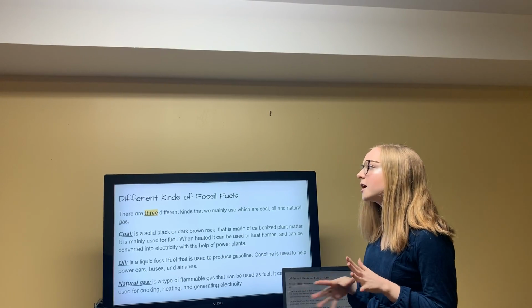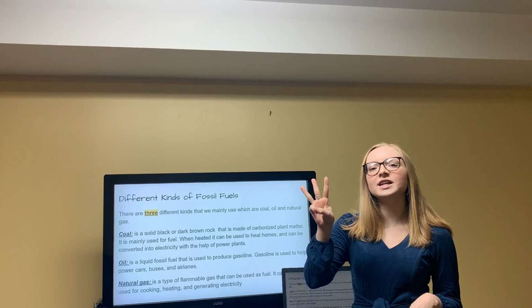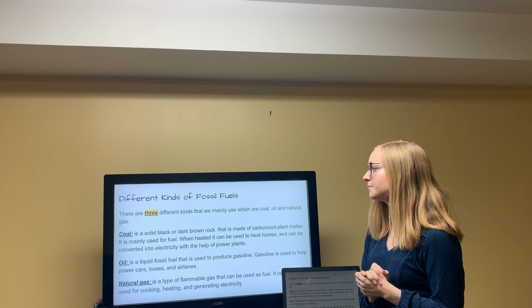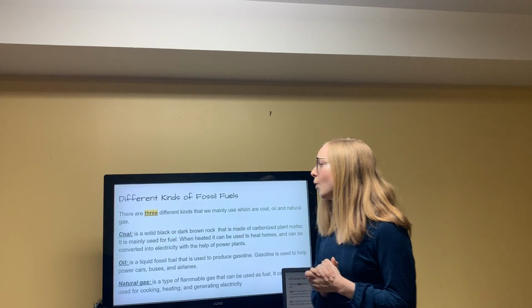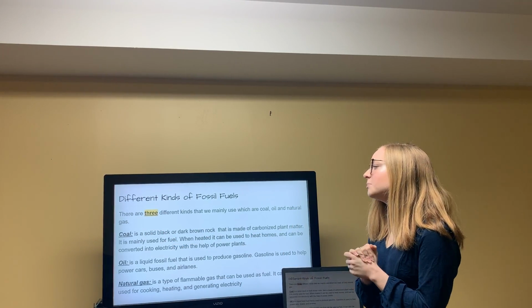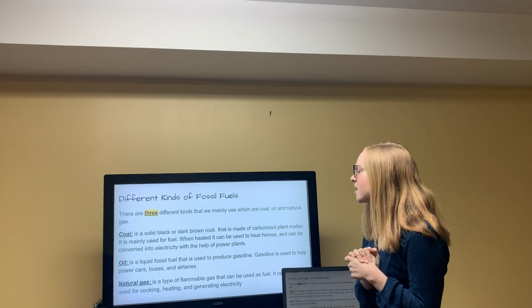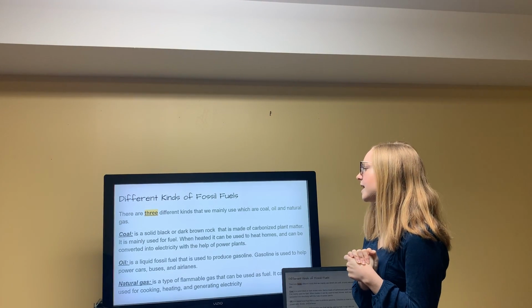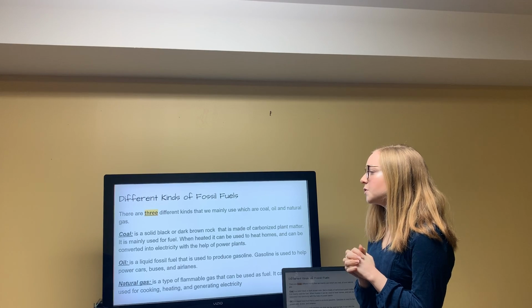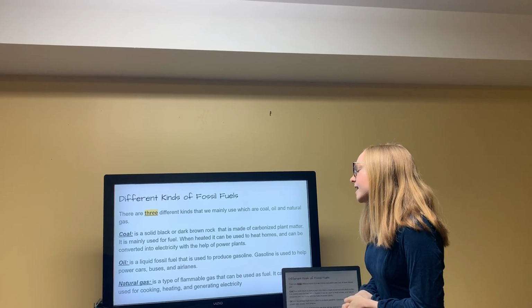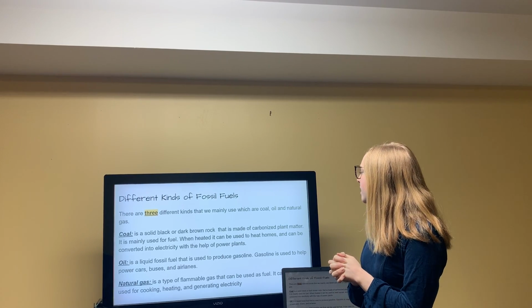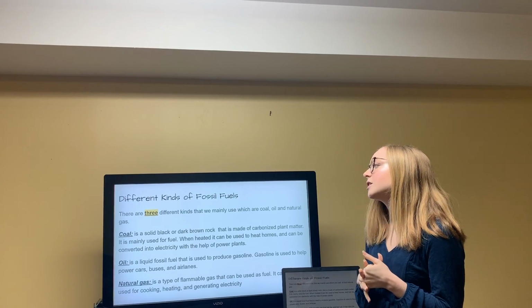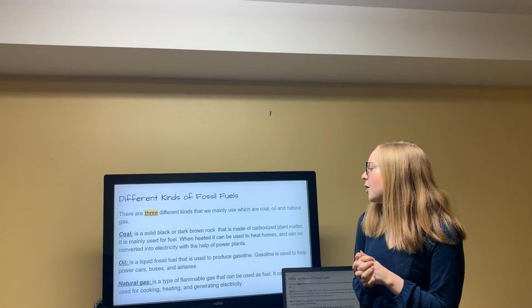There are different kinds of fossil fuels. There are actually 3 different kinds of fossil fuels. The first is coal. It is a solid black or dark brown rock that is made of carbonized plant matter. It is mainly used for fuel. When heated, it can be used to heat homes and can be converted into electricity with the help of power